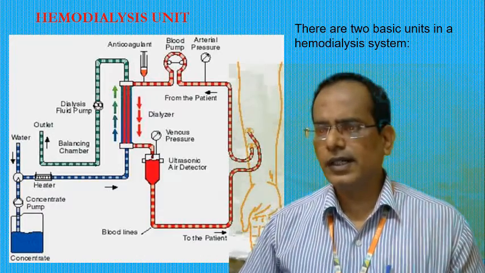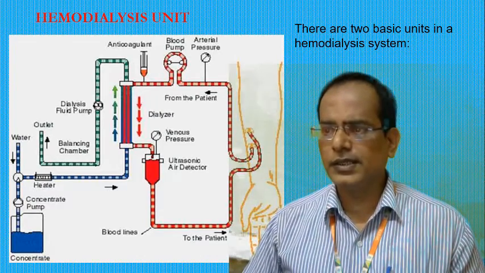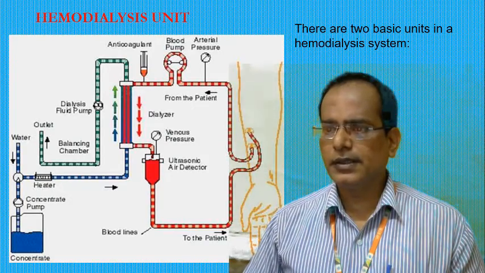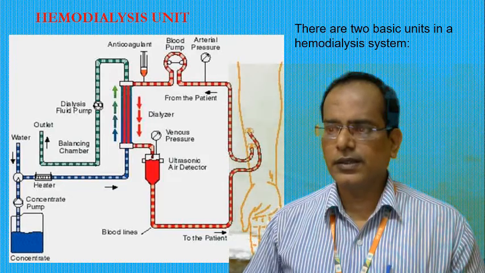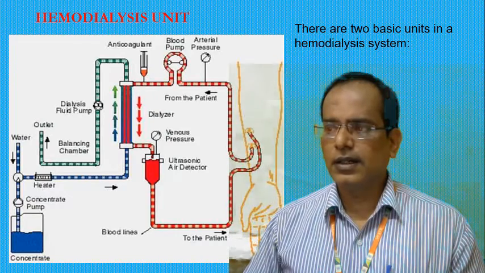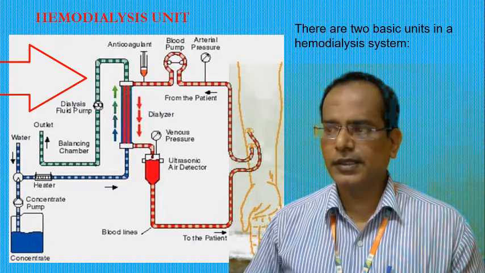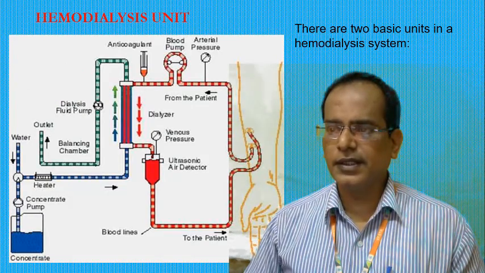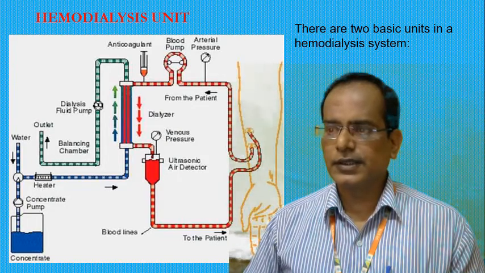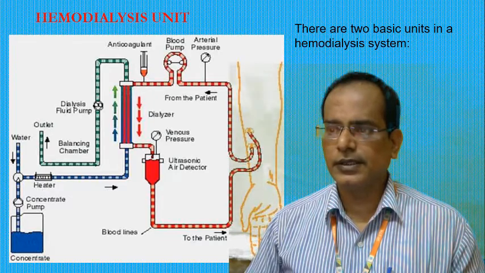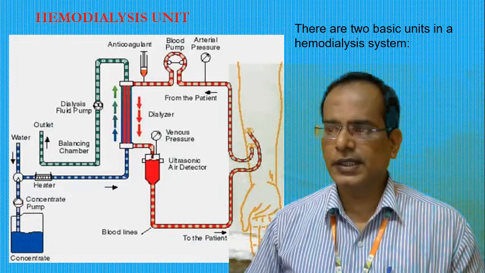So first we are going to learn what hemodialysis is. Here, hemodialysis is one of the most important prosthetic devices in modern medicine. We usually call it the artificial kidney. That means the hemodialysis unit is called an artificial kidney because it is a prosthetic device, because it provides the artificial function of nephrons and renal function. So the entire renal function is done with the help of a hemodialysis unit. That's why we are calling it an artificial kidney.